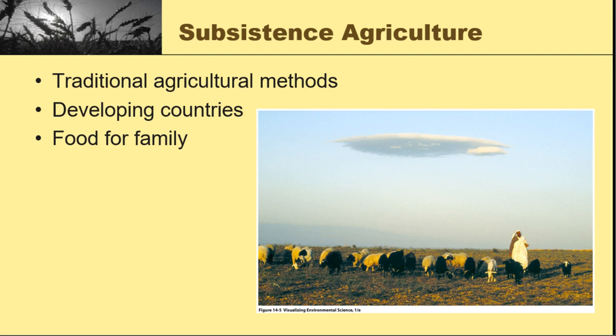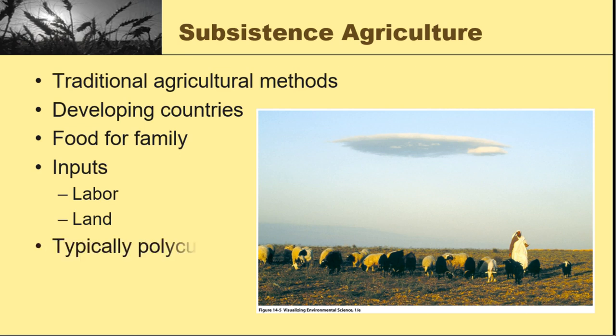We're talking about people that are specifically dependent on the labor force that they have. It's very labor intensive, and the land that's available to them. Okay, so they're going to grow whatever is available. They're going to all be employed in agriculture, and they're going to use the land that's available to them. So what this results in is typically what we call polyculture. And polyculture is the growing of lots of crops or different crops altogether. And we'll talk about that a little bit more later on.